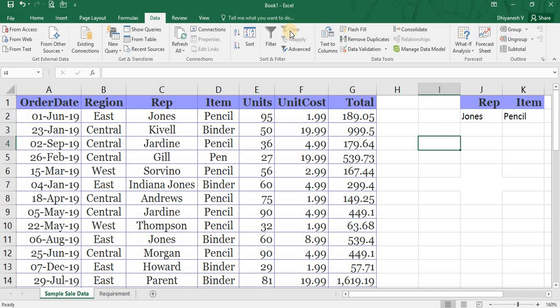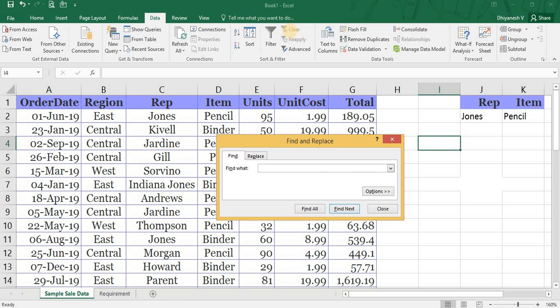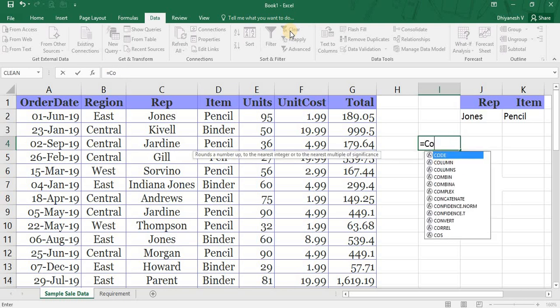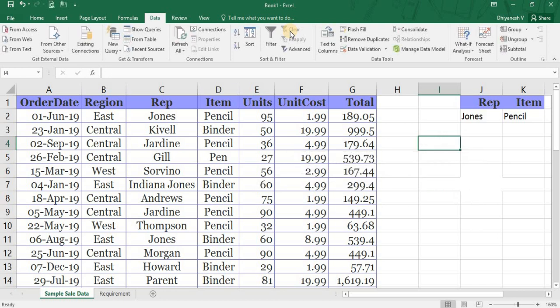While searching for anything in Excel, while using the find function, or while giving criteria for formulas like SUMIF with range and criteria, or COUNTIF, you can use these two characters when you are not aware of the full name or full criteria value.